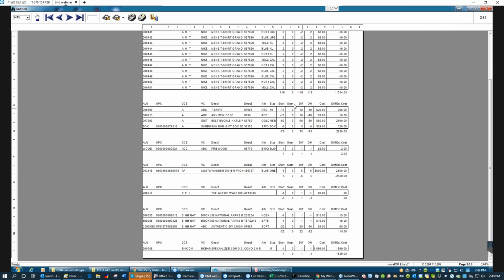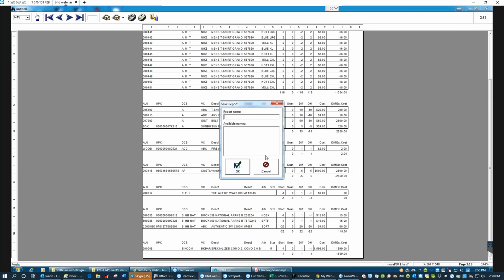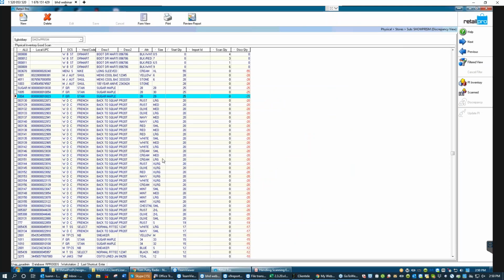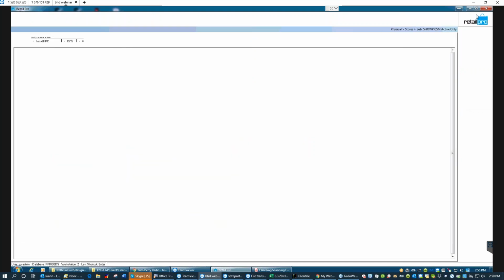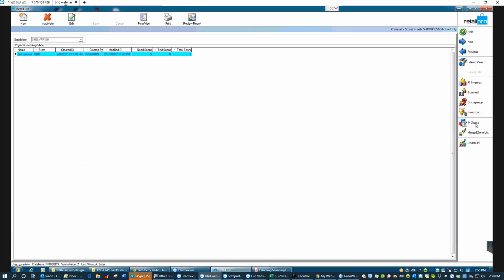All right, so anyway, you can take this, print it, or export it into Excel if you like to work in Excel. And if you find things that need to change, like if we found our washer dryers, I'm writing down the SKU here, 003416. If you found those washer dryers because they were in the warehouse in a corner and you forgot that you had them, and you really need to add them to your inventory, then best practice is to go to PI zones,